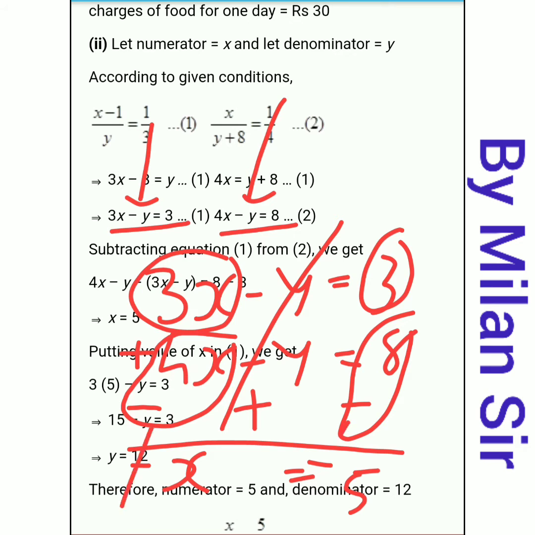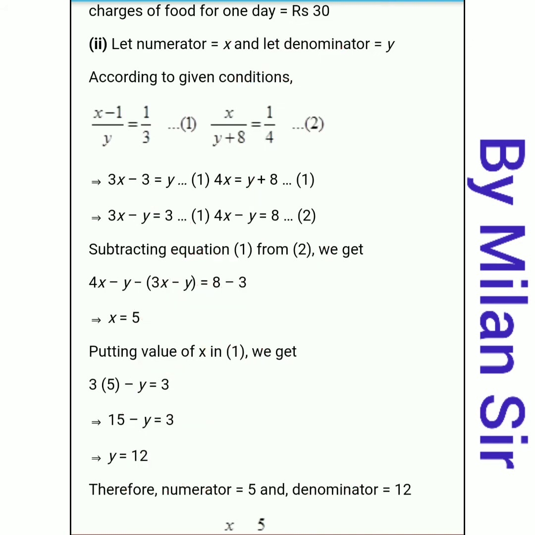So minus minus cuts from both sides. Otherwise we can say that we transfer x to the right hand side and transfer minus 5 to the left hand side. So our answer is x is equal to 5. Now we need to put this value, that means x is equal to 5, either in equation number 1, otherwise in equation number 2. Right now I am going with equation number 1.